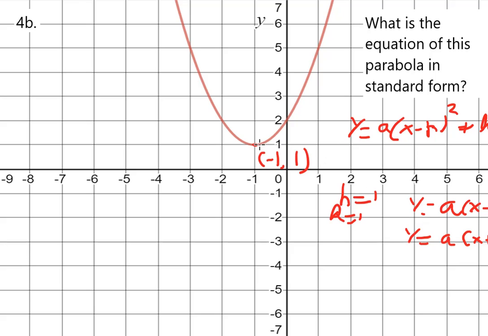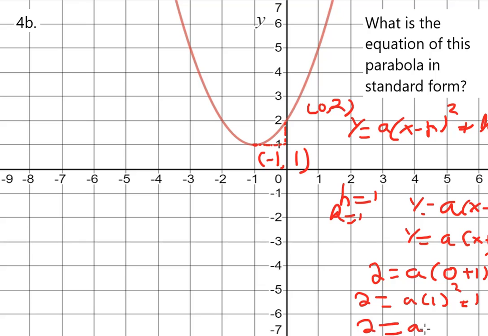So last time I did it by identifying going over 1 and up 1. I want to show you how to do it algebraically. Let's take the point (0, 2), and I'm going to plug in 2 equals a times (0 plus 1) squared plus 1. So I just took another point on this parabola and substituted it in. This will give me 2 equals a times 1 squared plus 1. 1 squared is 1, 1 times a is just a, so 2 equals a plus 1. If I subtract 1 from both sides, I get a equals 1, which is what we would expect because when we go over 1, we go up 1,